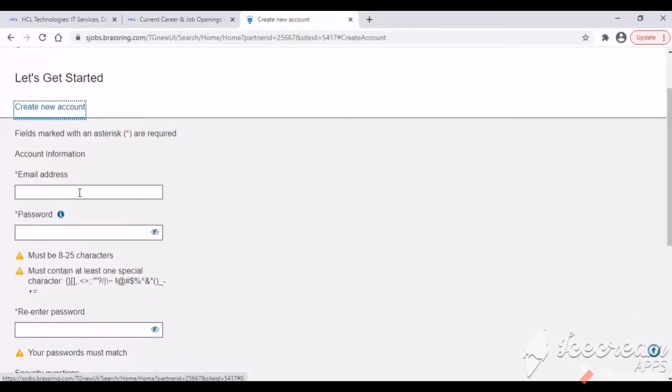In this, give the email address which you want to use for the HCL website, and give some password for this email address. This is for the HCL website, so don't give whatever password you have for this email address. And this should be within 8 to 25 characters and at least one special character should be there in this password.